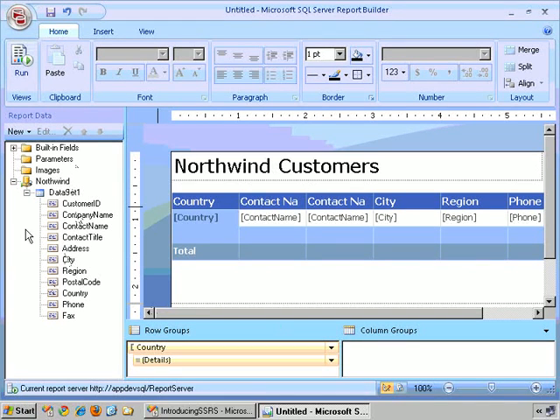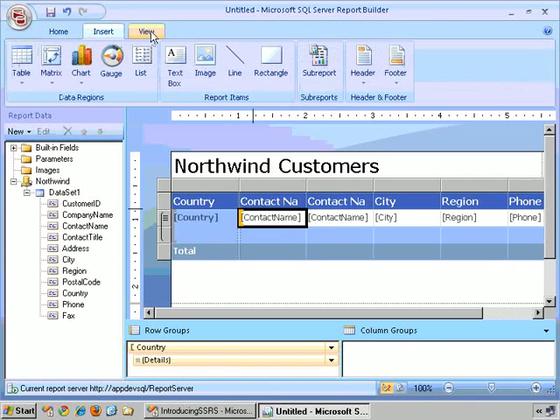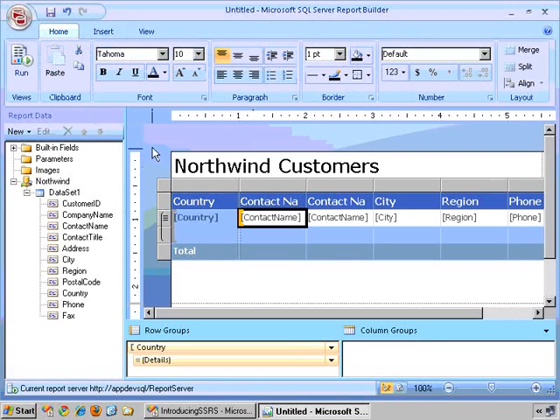We have the data pane, and everything looks really similar, but at the same time, it's easier to use. You don't have all the complexity of Visual Studio 2008, and it uses the new Office 2007 ribbon bar here to work with the menus. As you can see, Report Builder 2.0 is a real win for the information